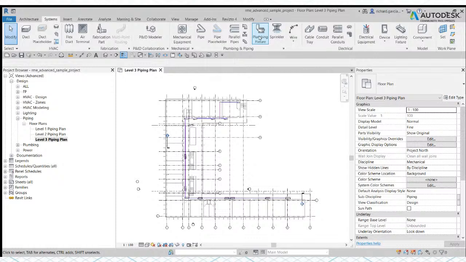F1 is a universal tool for help. That's why I am not talking a lot about the user interface, because you can simply press F1, go to the help, and look for the Revit user interface. So you'll be able to see it there, right? So clear, right? I think we can now move on to our next topic, which is planning